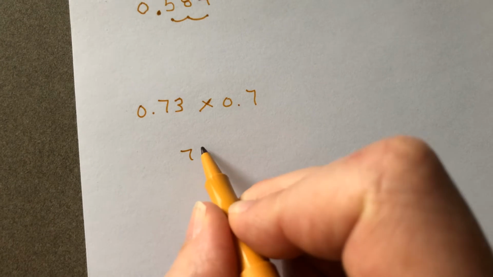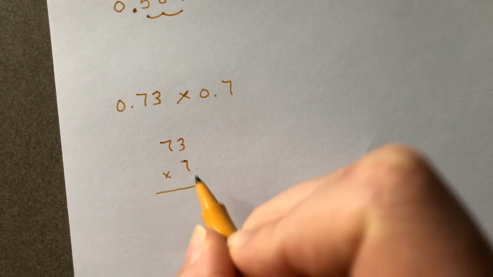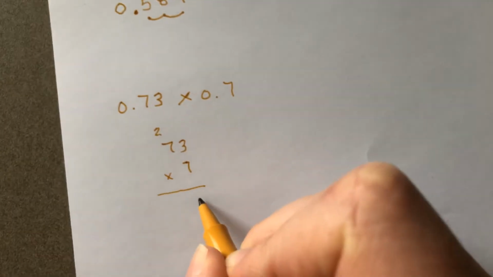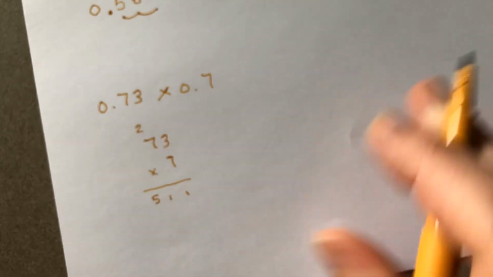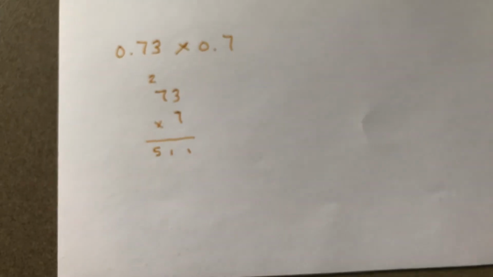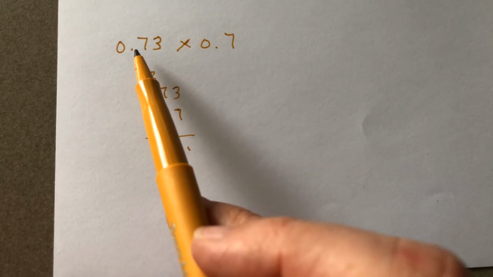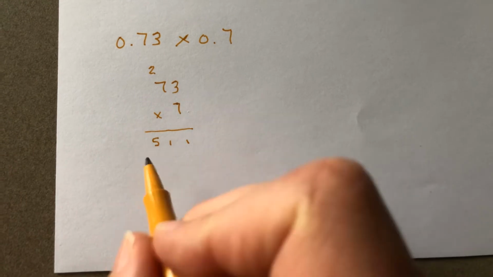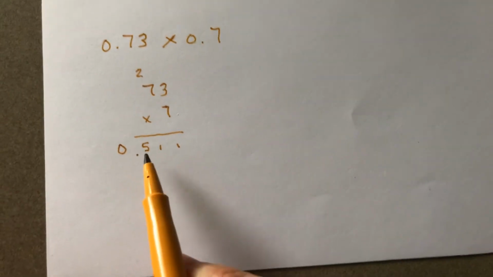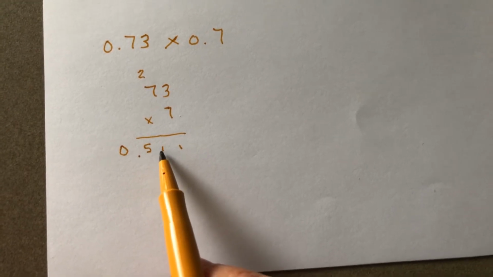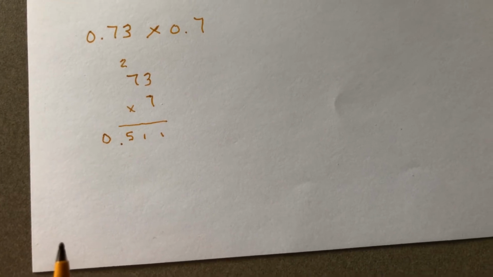So 73 times 7. 7 times 3 is 21. 7 times 7 is 49, plus 2 is 51. And then we count. How many numbers are to the right of the decimal point? 1, 2, 3. So we have 3 numbers to the right of the decimal point. And we know that this is the tenths place, hundredths place, thousandths place. So this is 511